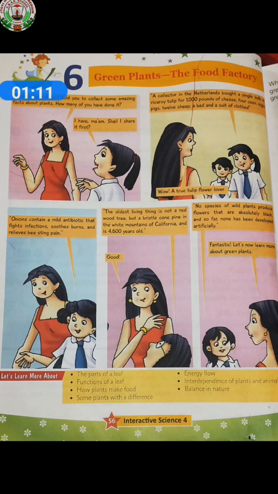Lamina: the flat green surface of a leaf is called lamina or leaf blade. Midrib or main vein: the main vein runs through the middle of the lamina. Many lateral or side veins arise from the main vein. There are two parallel pipelines in the midrib. One pipeline transports water to the cells and another pipeline transports food from the leaf to all parts of the plant.